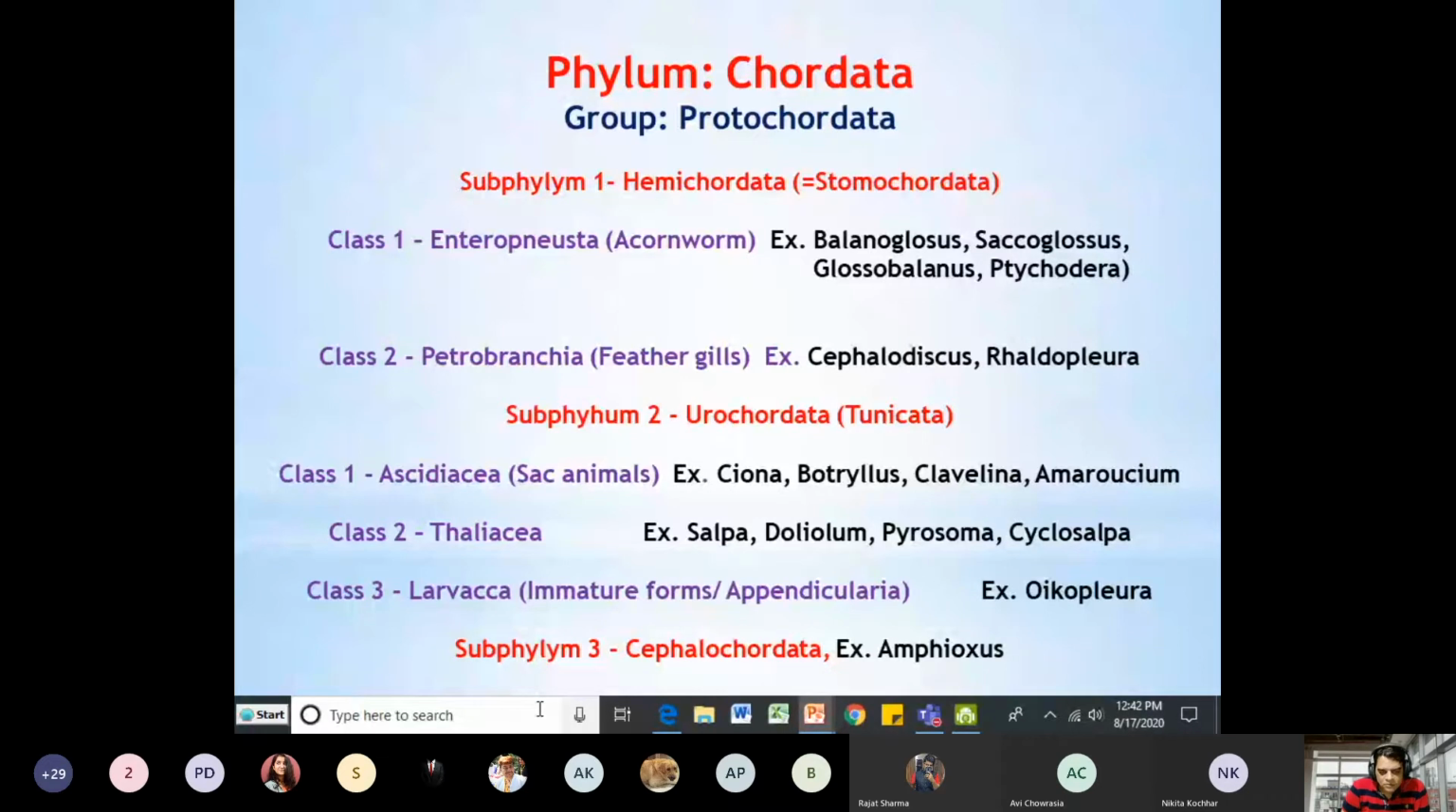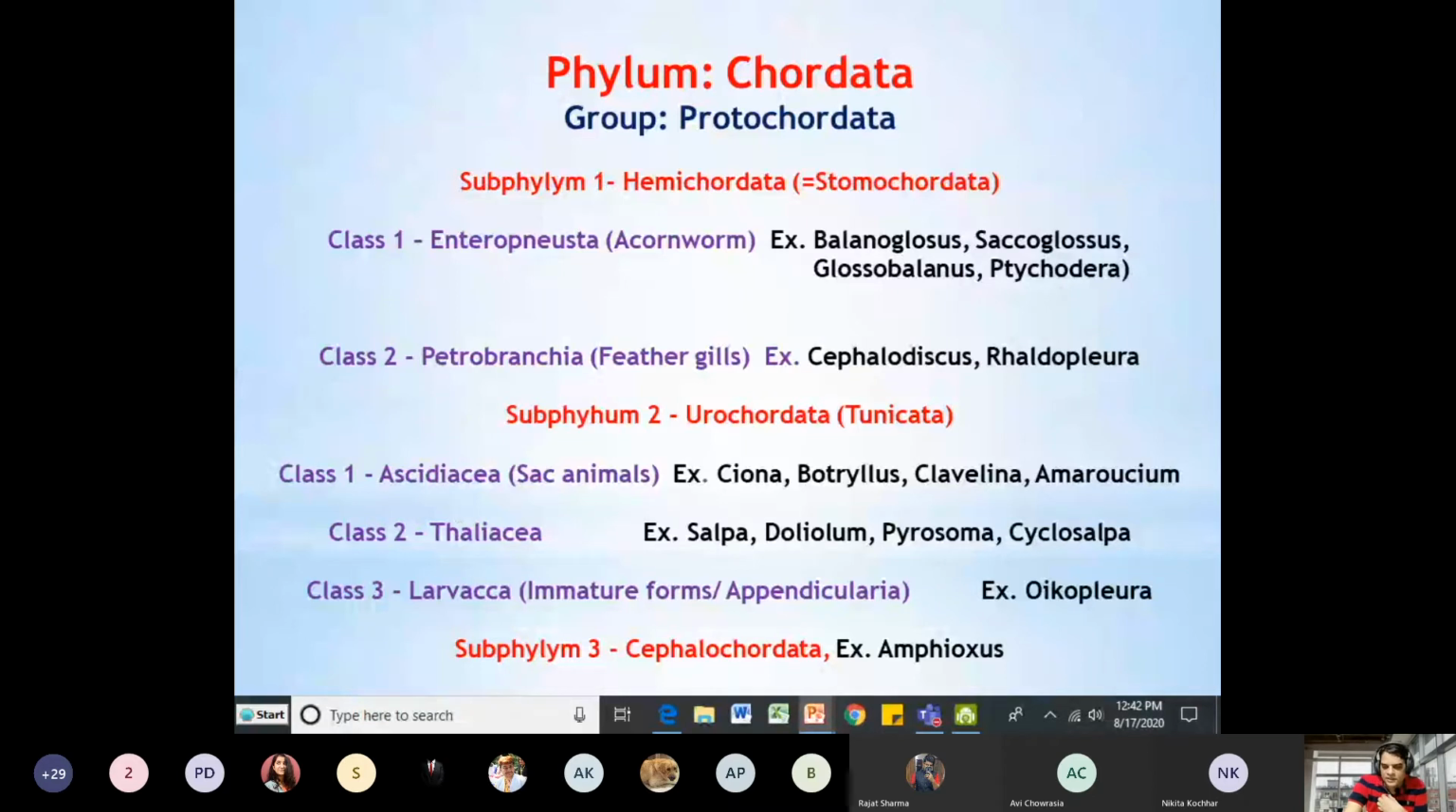About the second subphylum, Urochordata, they are commonly called Tunicata because of the tunicin covering around their body. The word Urochordata means uro, tail, and chordata, cord bearing. They have chordate characteristics in their tail, and there are three classes: Ascidiacea, which are commonly called sac animals,